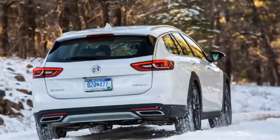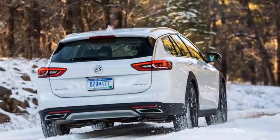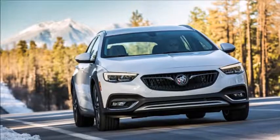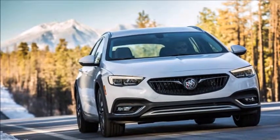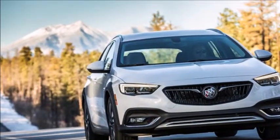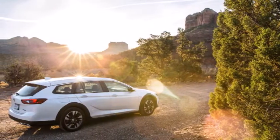Second-row headroom in the Buick Regal TourX is excellent, however, and leg and elbow room are good, too. Though we didn't try fitting 3 adults abreast in the rear seat, it surely could be done in a pinch, which means that like most SUV third rows, you wouldn't want to try to fill the TourX's second row for